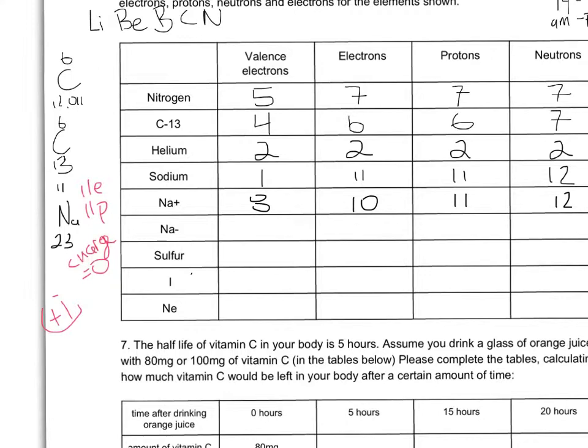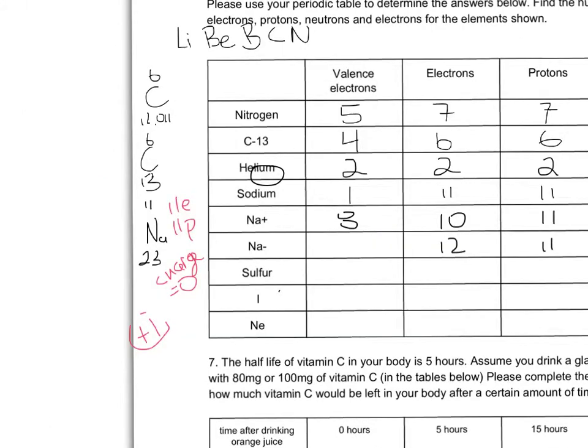Okay, and by the way, this is normally what happens to sodium atoms. Next up, Na minus. So this would be like the normal sodium atom, 11 protons, 12 neutrons, yet the number of electrons would be greater by 1. Okay, so instead of 11 electrons, it has 12 electrons, and instead of one,